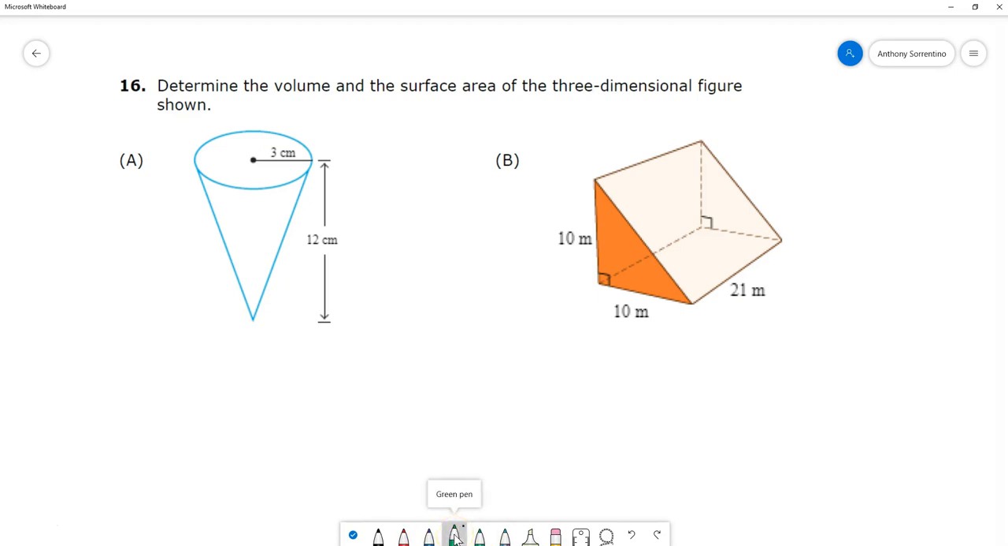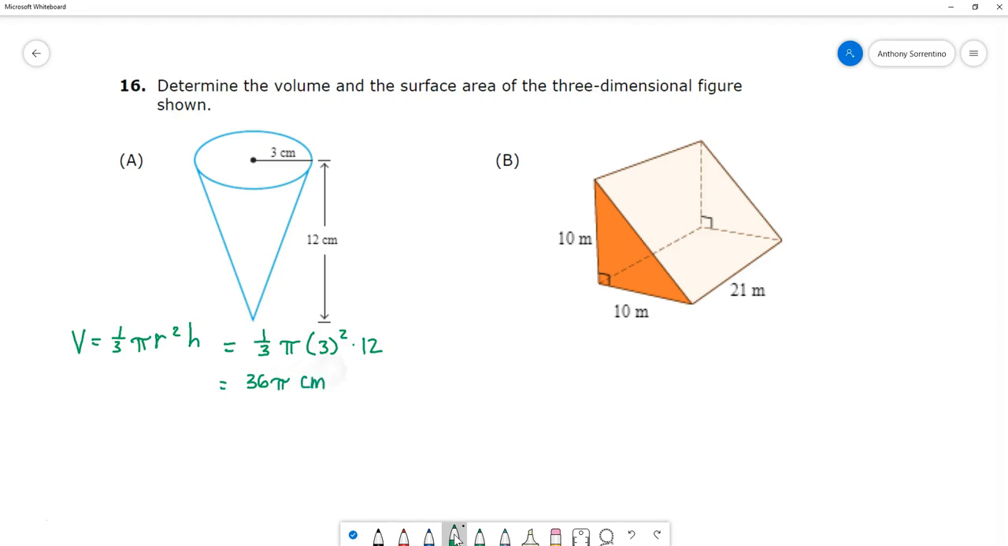The volume of a cone is given by the formula 1/3 pi r squared h, where r is the radius of the cone and h is the height. And those two things are labeled quite well. So I'm going to have 3 squared times 12, which gives me 36 pi